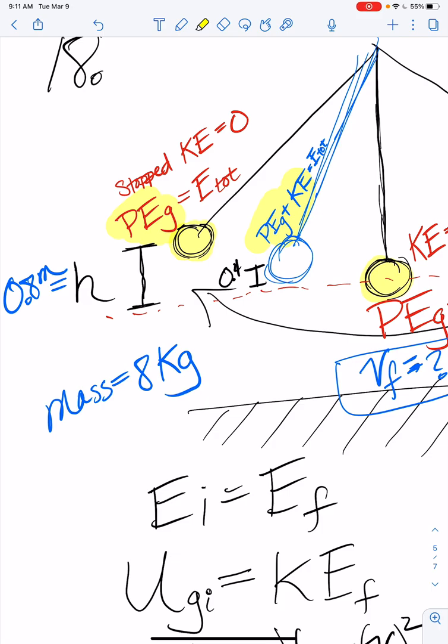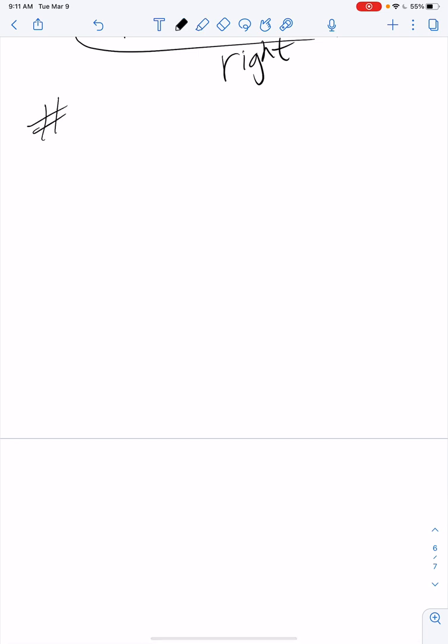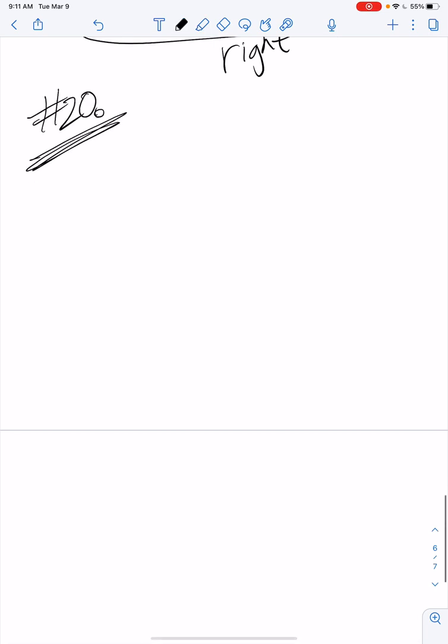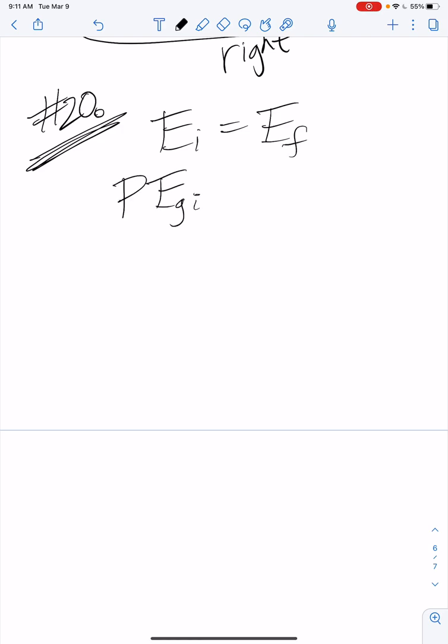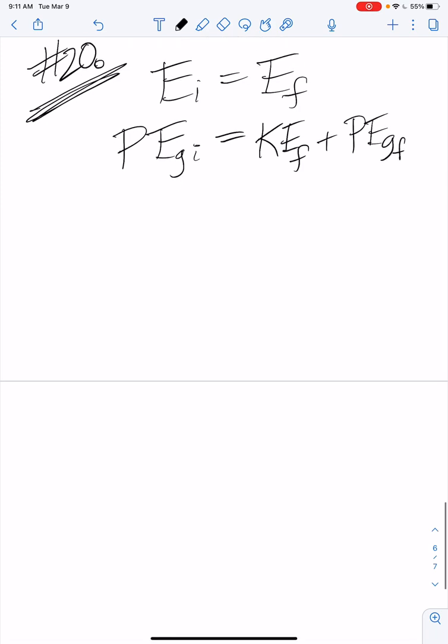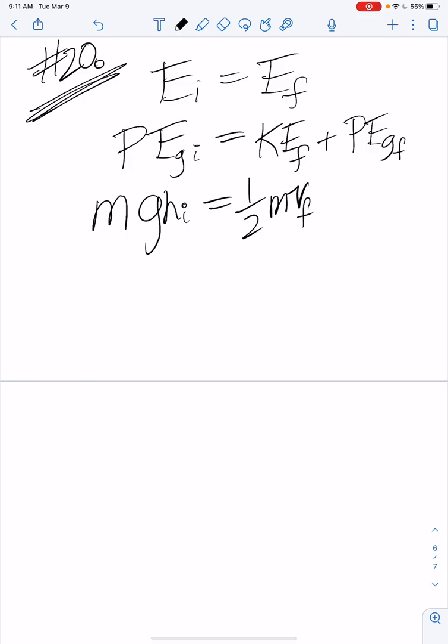So if I was setting up the energy conservation for 20 and wanted to do it in a way that was a little more challenging, I would set it up like this, right? I would say, actually, EI equals EF, right? I'm going a little fast. I would then say PE gravity initial is equal to KE final plus PE grav final. And then we would have here MGH initial is equal to 1/2 MVF squared